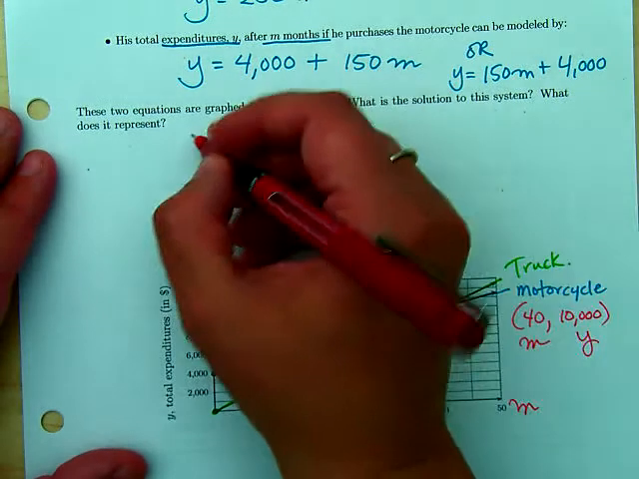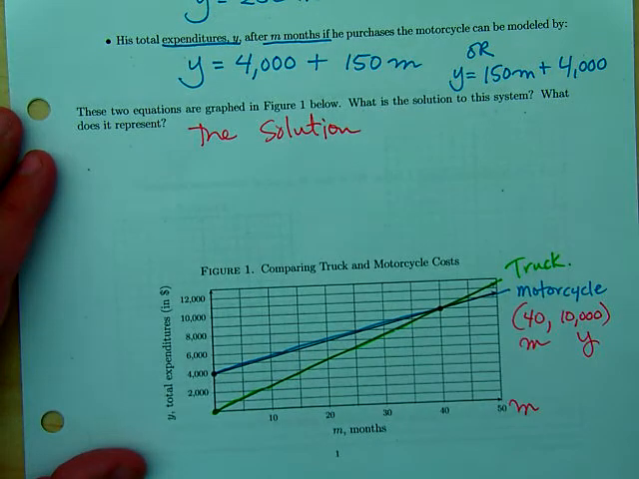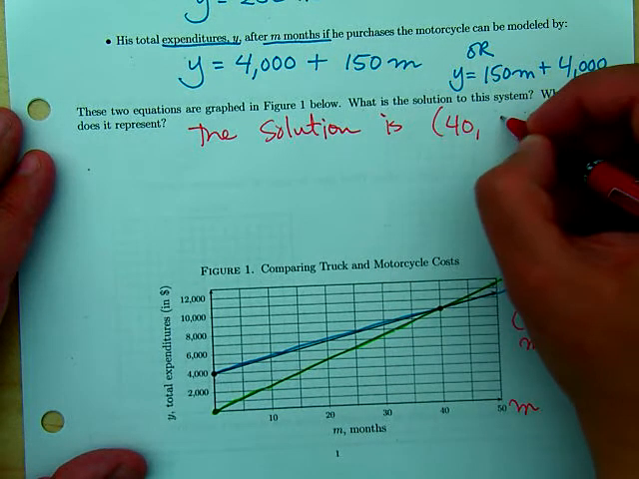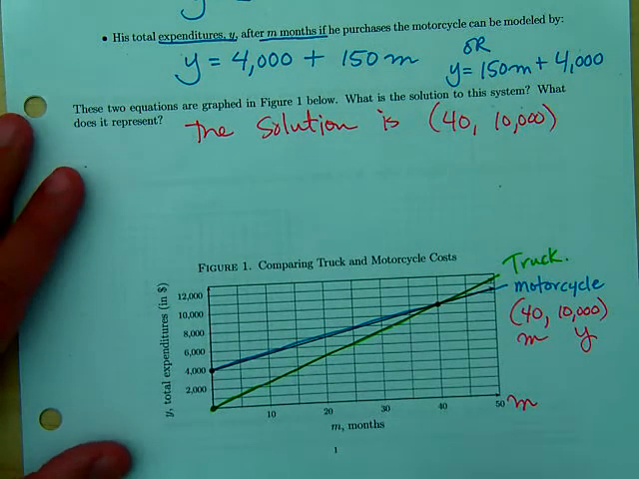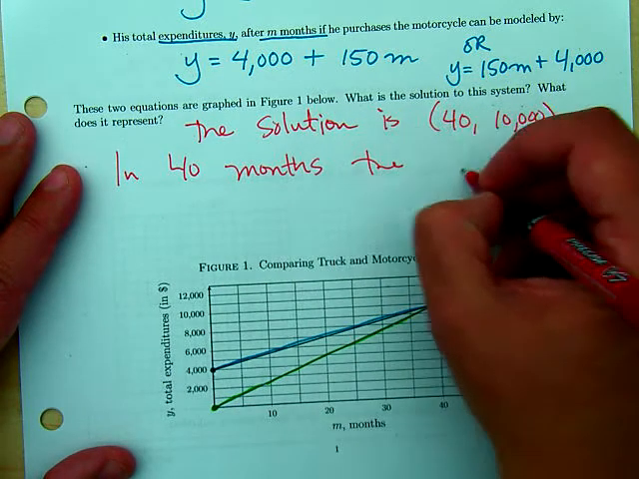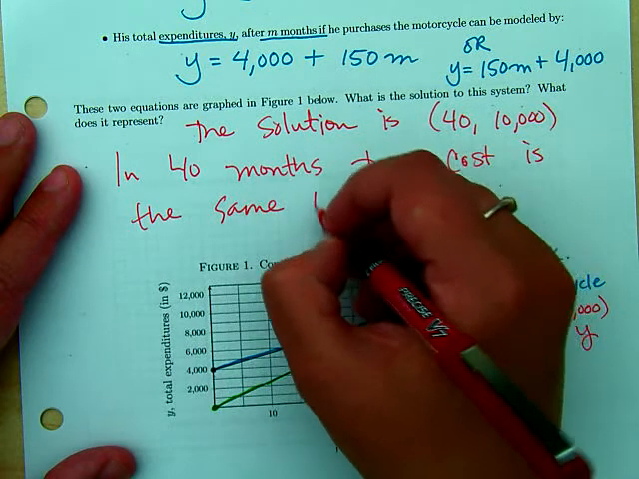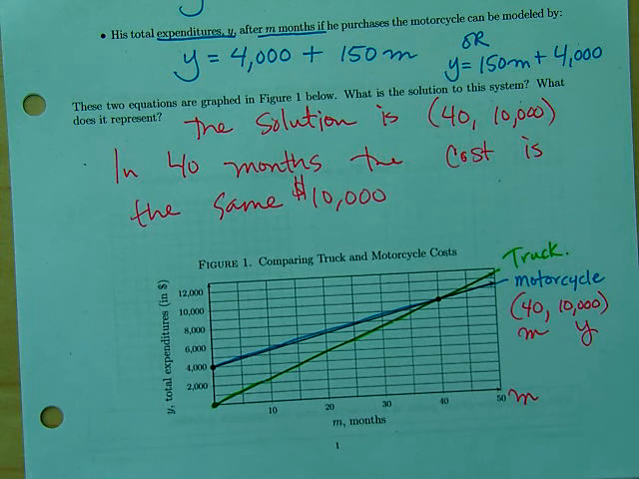So the solution, and we're really big in math on sentences. We can all write sentences. The solution is 40, 10,000. What does the solution represent? She said in 40 months, the cost is the same, 10,000. So basically, the truck is more expensive every single month, but at a certain point,